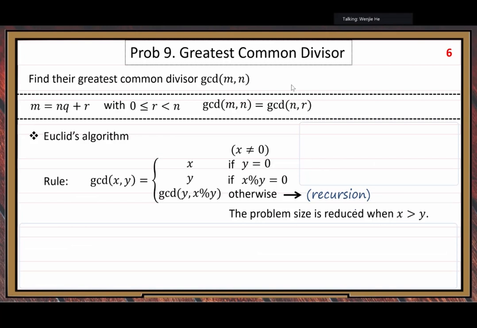Here we talk about problem size, right? The size concept, data size concept, problem size, data size. M and N, it is our data. M and N is the data. So let's review the data size. When we talk about data size concept,